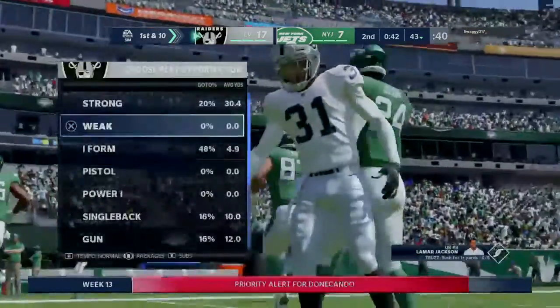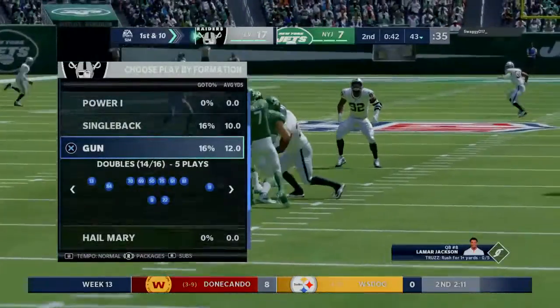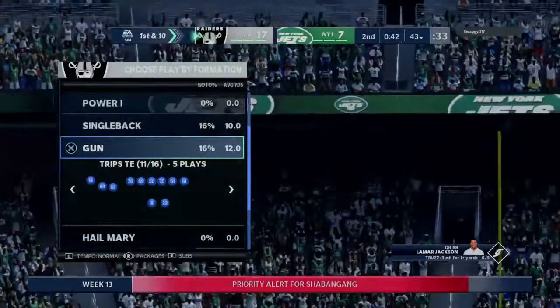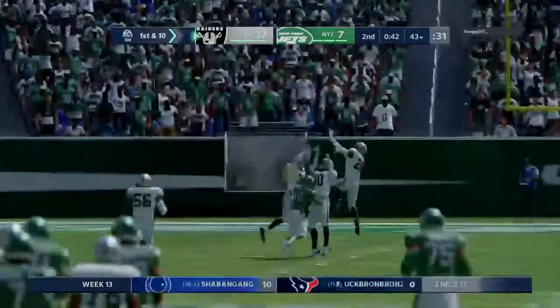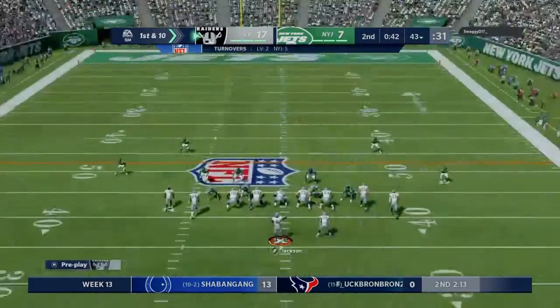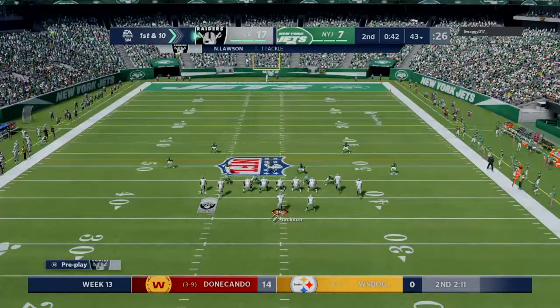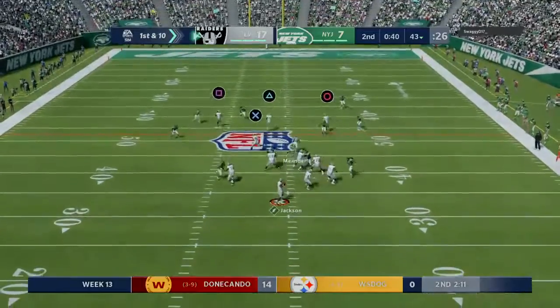And you have to wonder, Charles, a game like this, 5 interceptions, what does this do to the psyche of a young quarterback? Well, based on the fact that he's still out there and he threw a 5th interception, I'm wondering if his head coach believes that he's really strong mentally and wants him to play through it. Because otherwise, you need to get him out and fight another day,